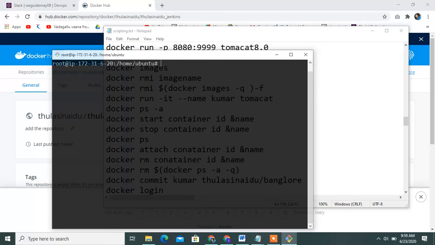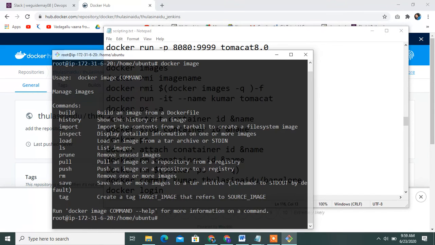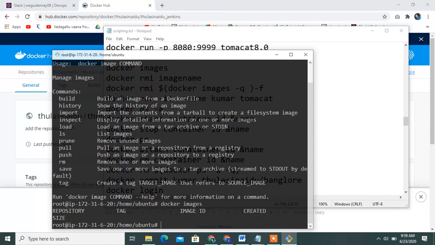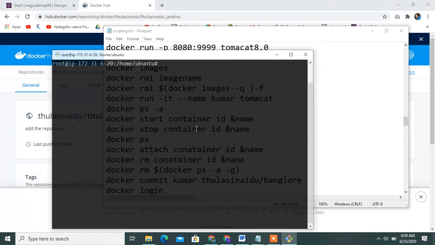Please check it. Docker images, this is empty.